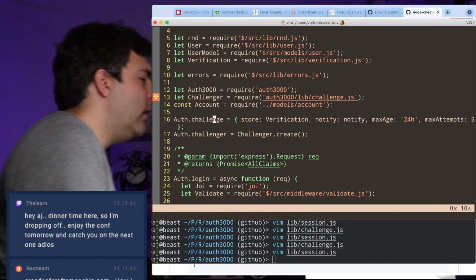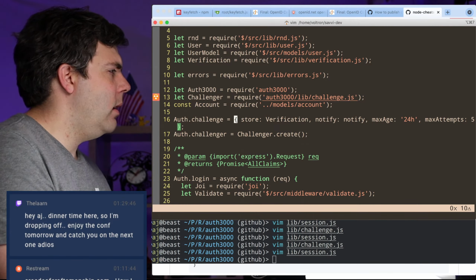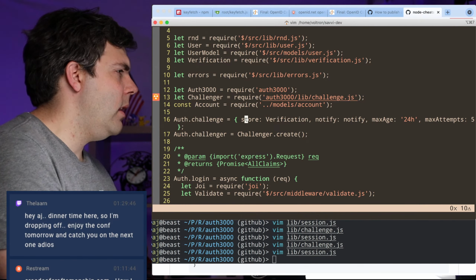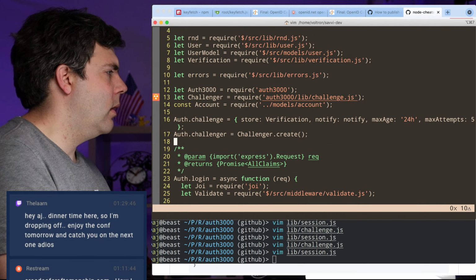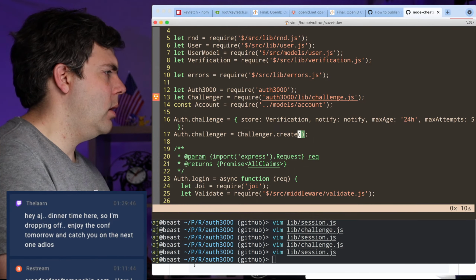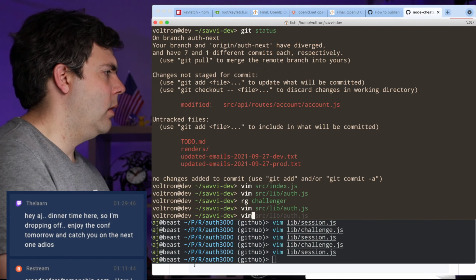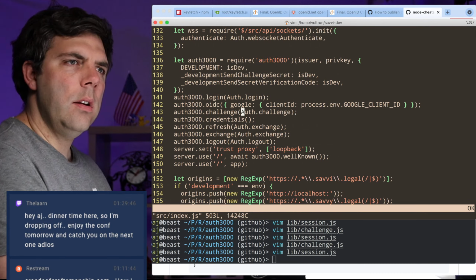So I don't think there's anything other than the developer bit that would change here. Source index.